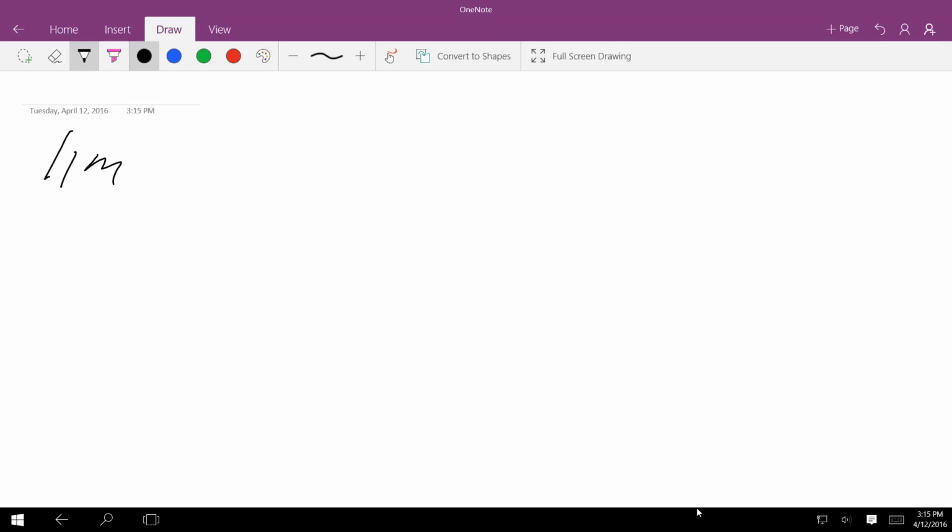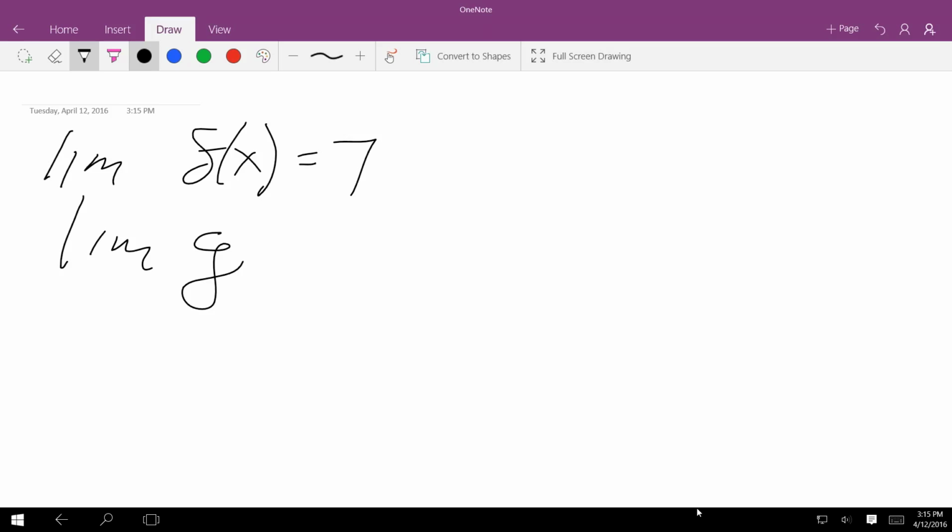Okay, so assume that the limit of f of x equals 7 and the limit of g of x equals -3. And then the problem is the limit of f of x plus g of x, all in parentheses,